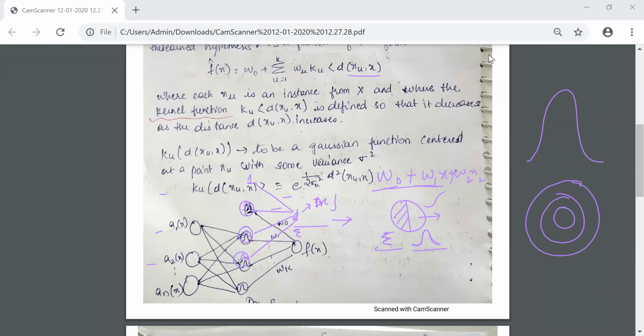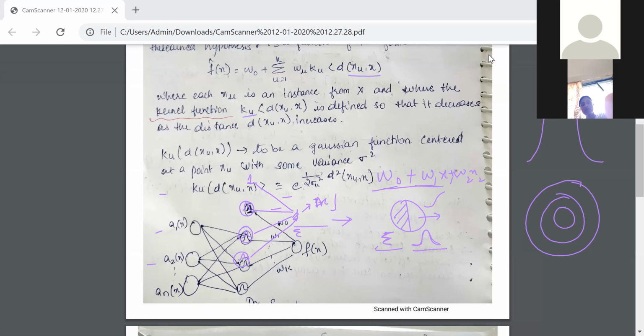Each xu is an instance from X, and the kernel function Ku is defined so that it decreases as the distance d(xu, x) increases. There's one slight thing you have to consider here. You can see the kernel function is defined such that it decreases as the distance increases, which means that